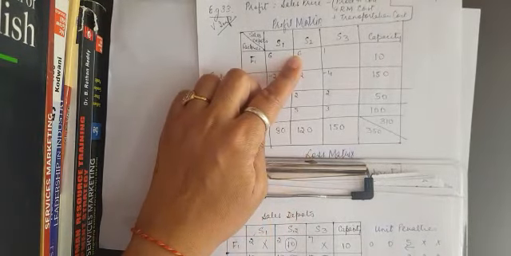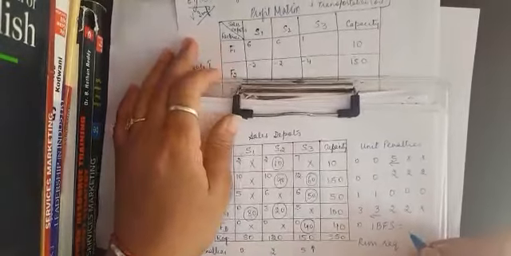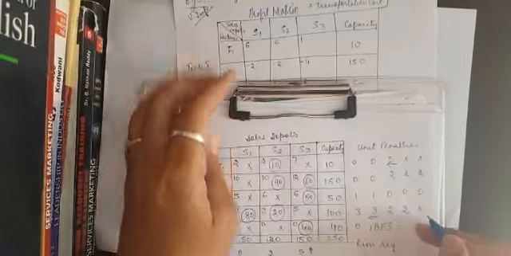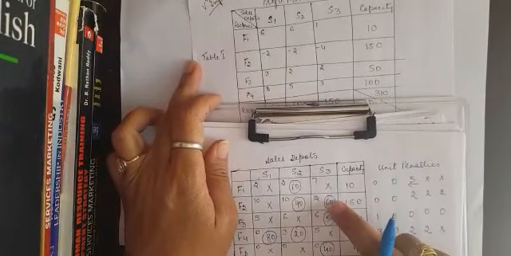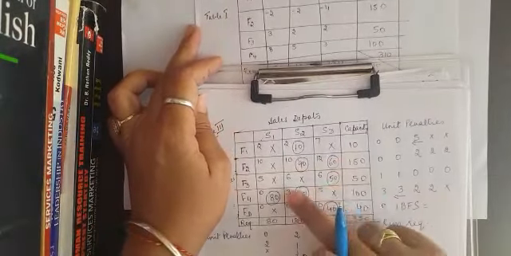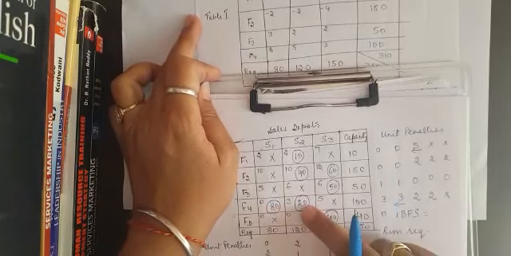You have to multiply the units with the profit matrix, whatever profits are given in that question. So 10 into 6, then 90 into minus 2, then 60 into minus 4, 50 into 2, 80 into 8, 20 into 5. The answer comes to be